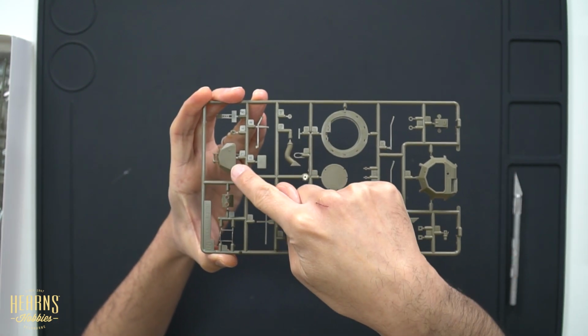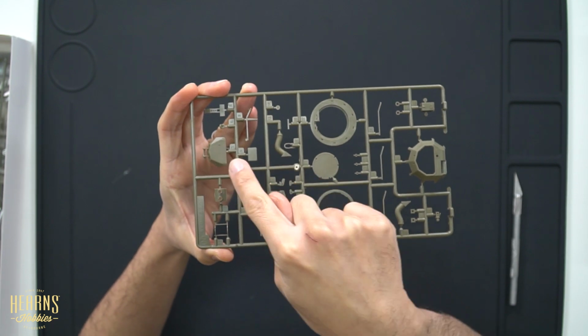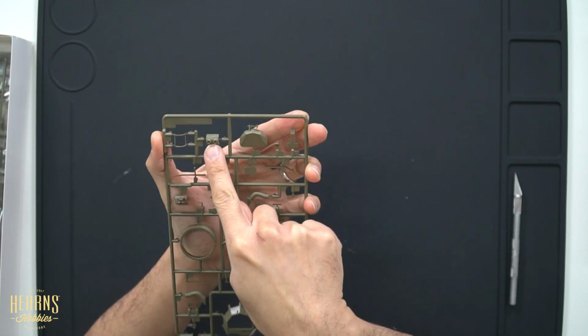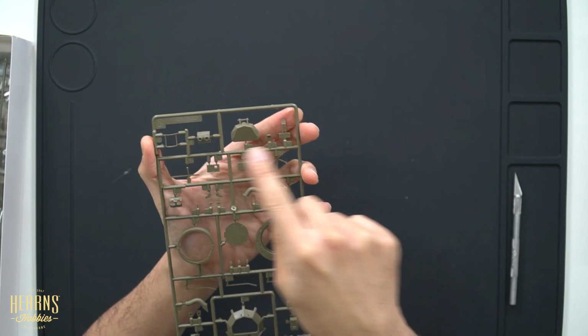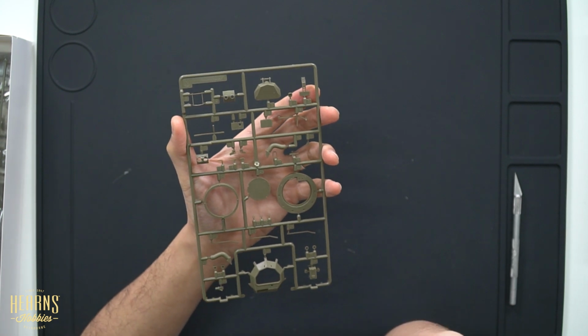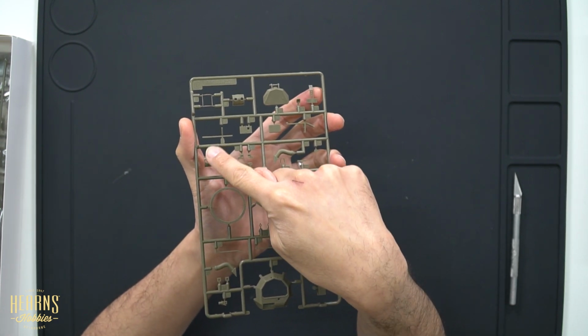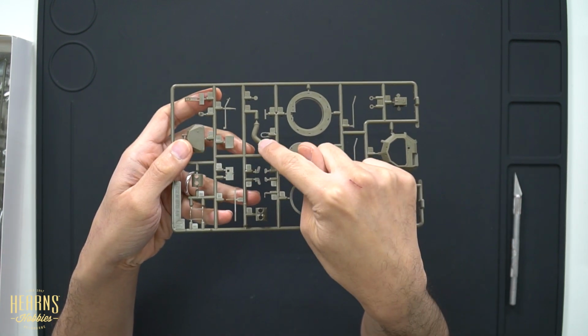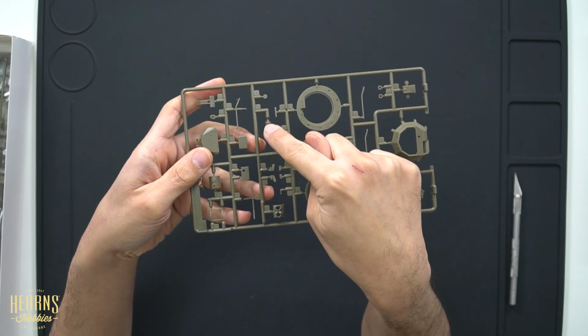And then you have the hatch there, which folds open, which also acts as a seat for the commander. You have this mantlet, which is for the twin guns. So one side's either blanked off if you're only using the one. This is the canvas cover. And then you've got this little tube area here. I think this is for collecting the spent shells